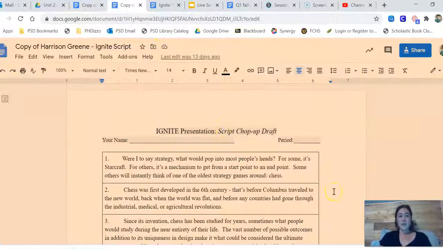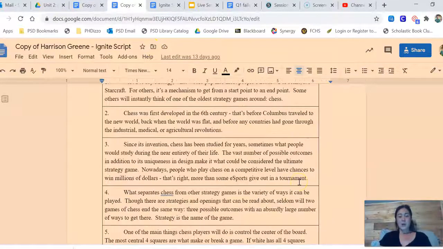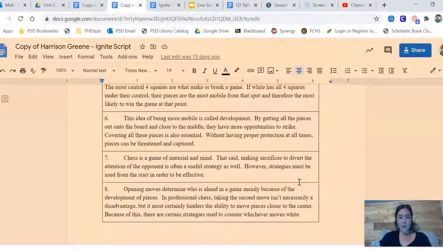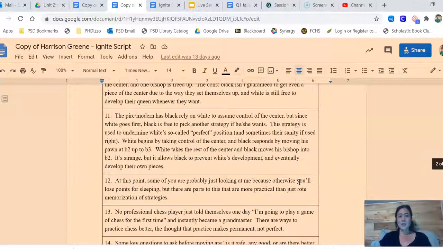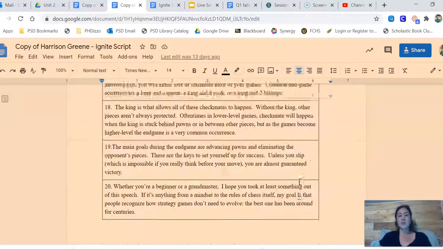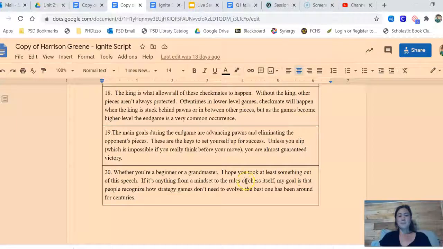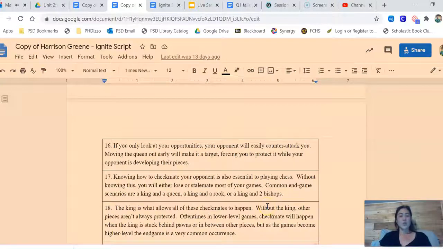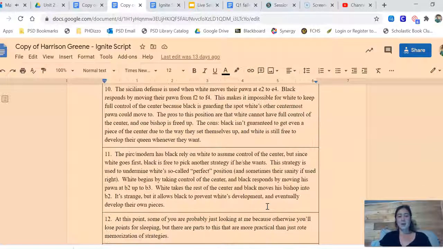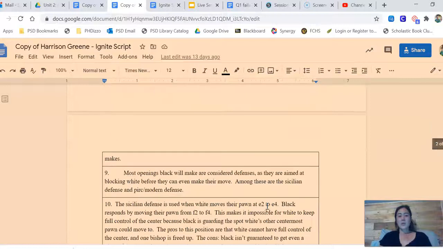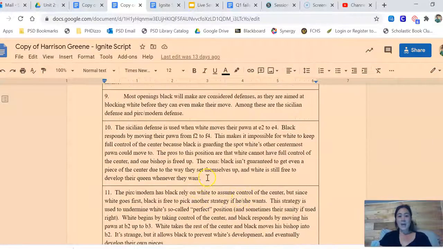I gave you another example here too. I can't remember what he talks about, but he talks about something completely different. Really interesting speech. Oh yeah, that's right. He talks about chess and the game of strategy. Super, super interesting. That's right. And so you can go and read through this and you'll see too, like, look how much text is in this